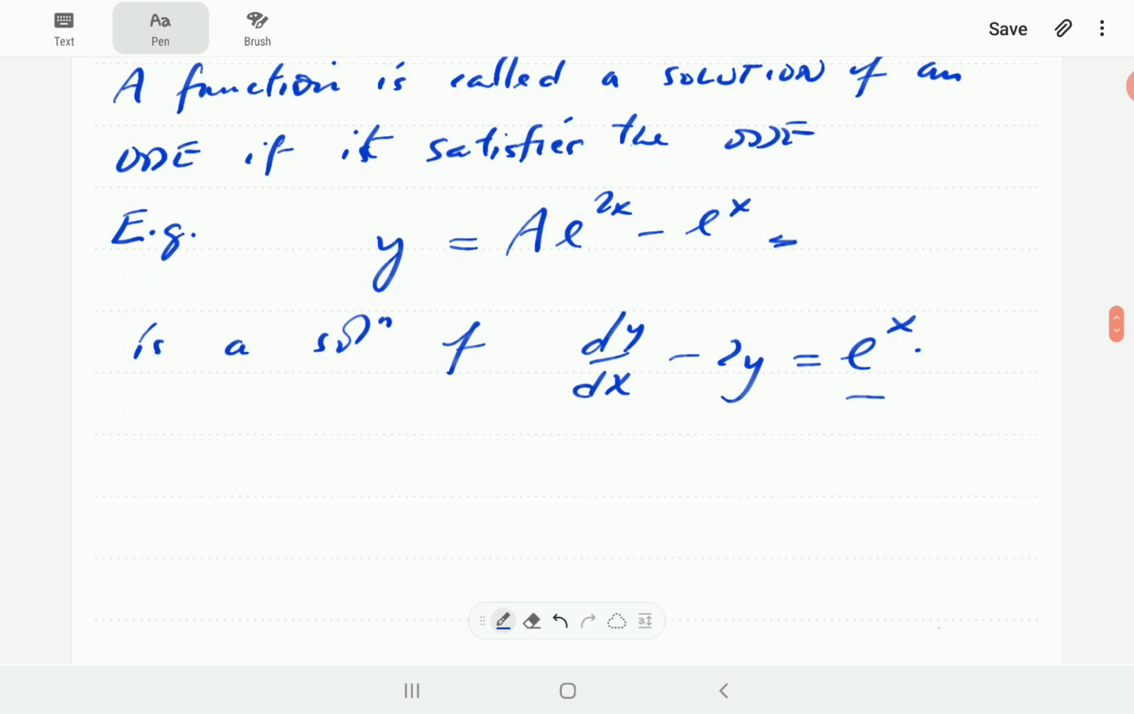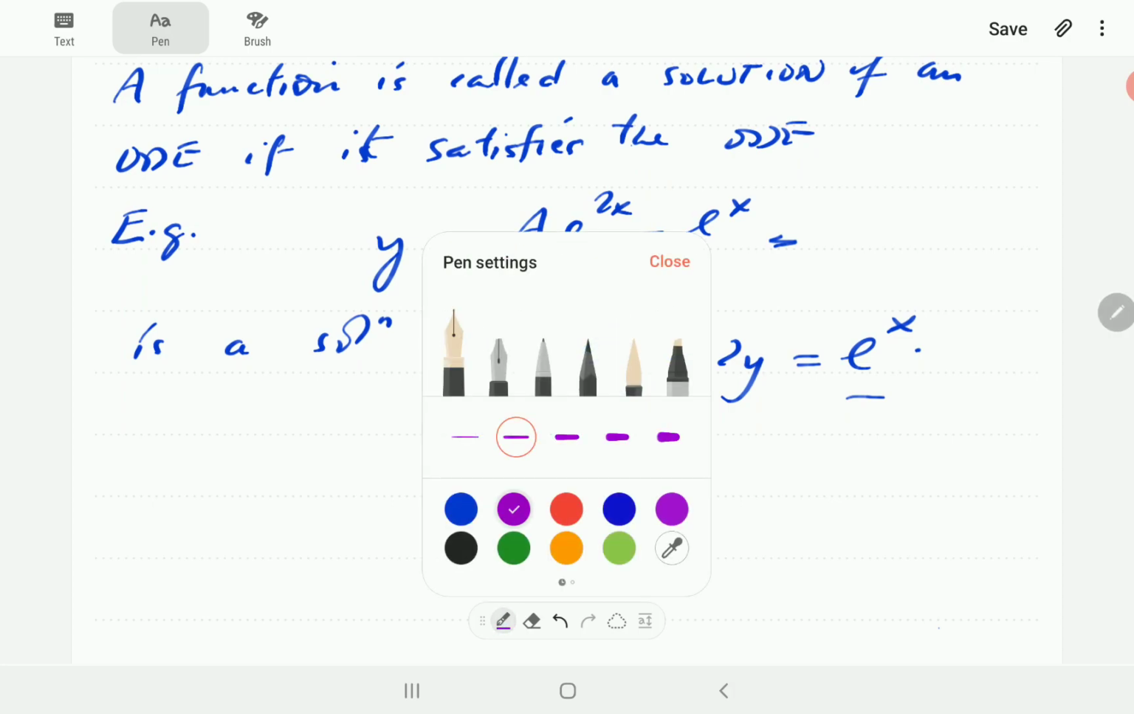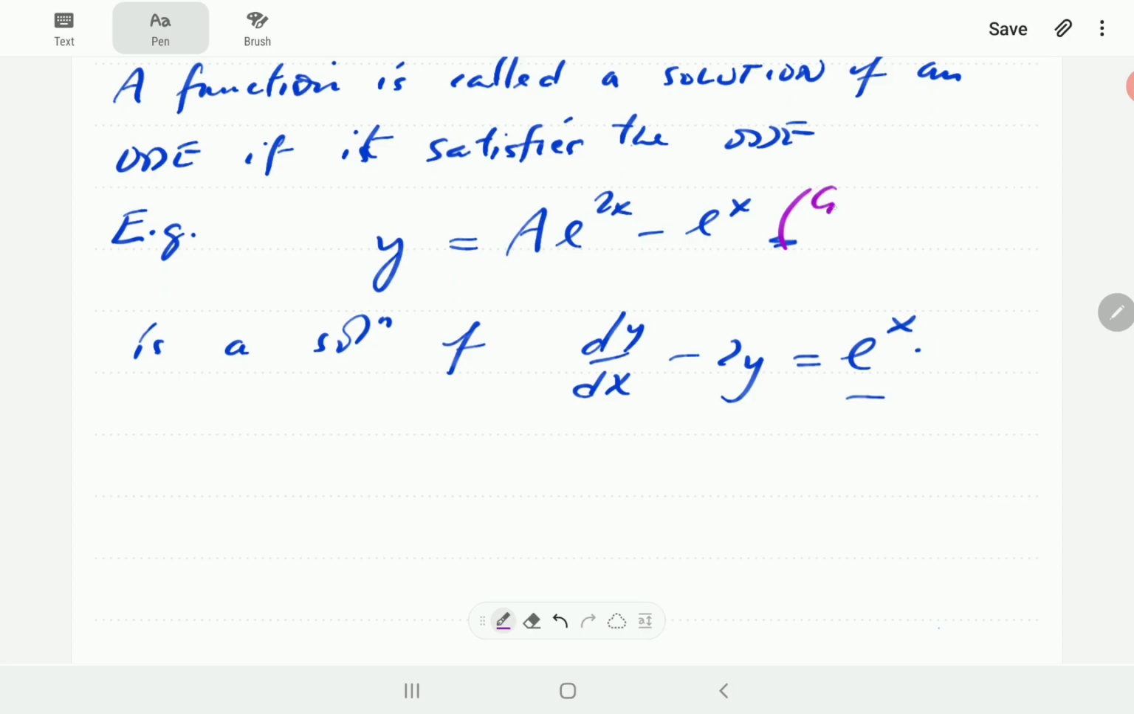So a solution that involves an integration constant, one or many, is called a general solution. So in fact, this here is the general solution of this equation here. So the general solution of a first order ODE is going to have one unknown constant